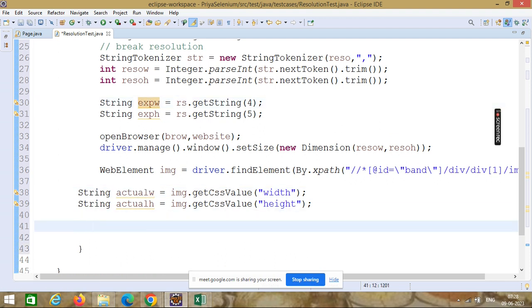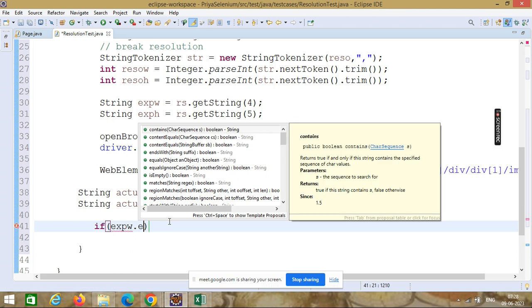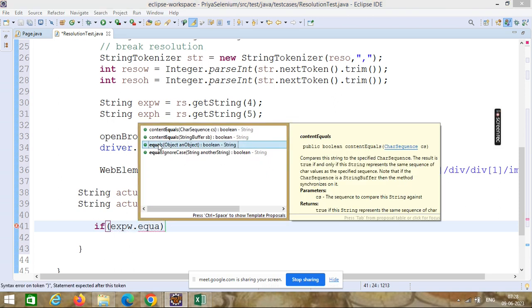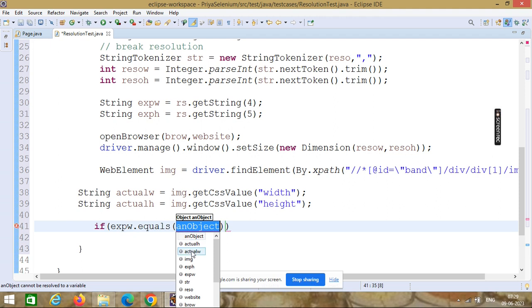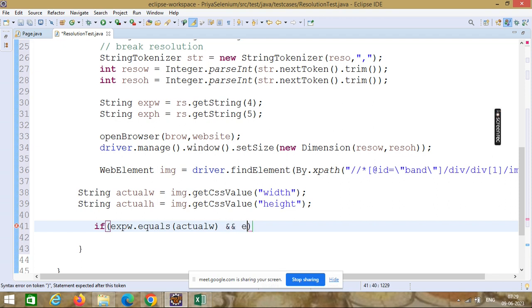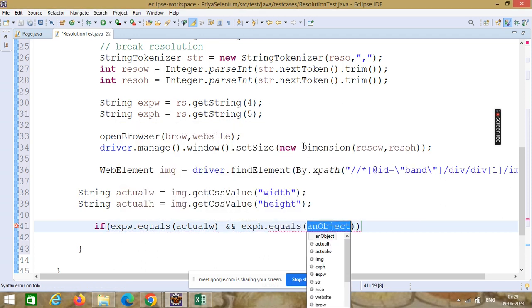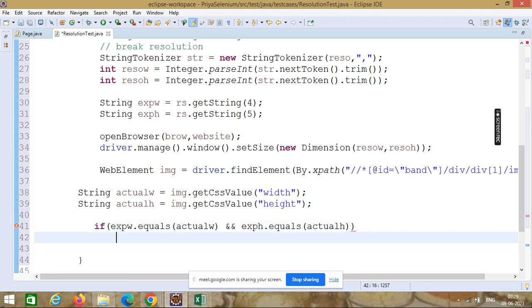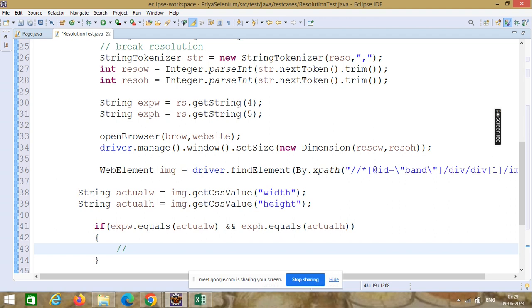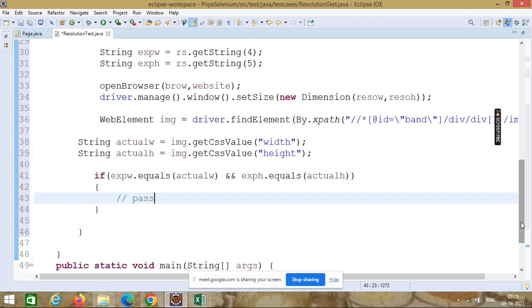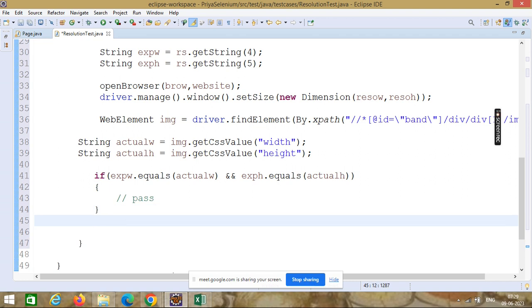So I will compare if exp width dot equals actual width and expected height dot equals actual height, then we have to record it as a pass. Otherwise we have to record it as a fail.